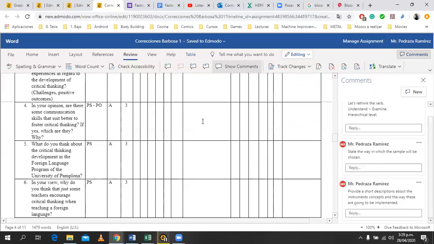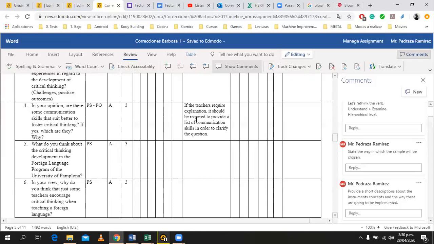Okay, this is a triple question, so three questions in one. So, are there some communication skills that suit better to foster critical thinking? So, for example, if they need an explanation, it should be required to provide a list of communication skills in order to clarify the question. Got it? So, for example, you say something like, are there some communication skills that suit better to